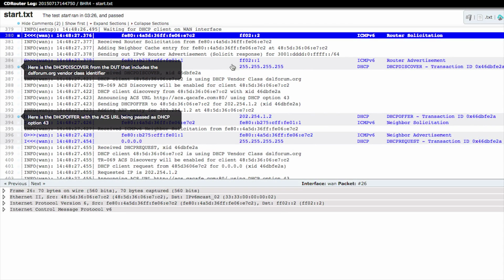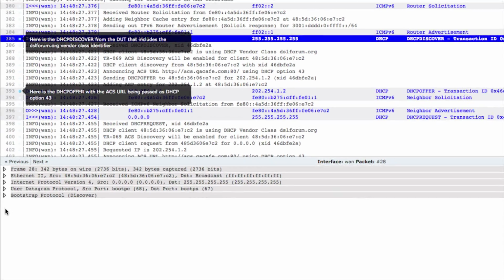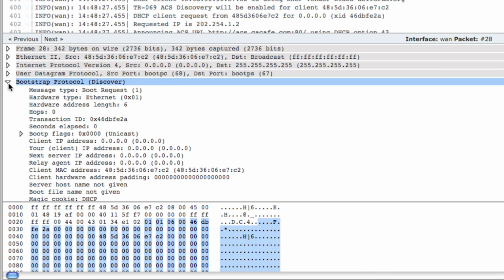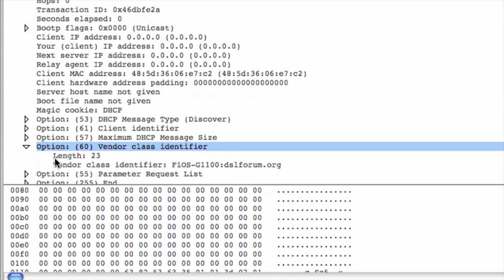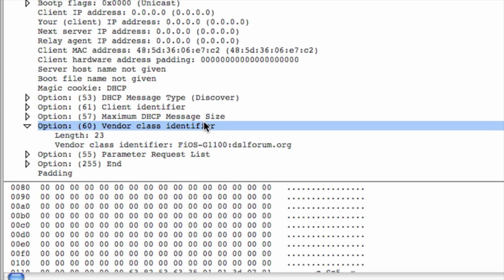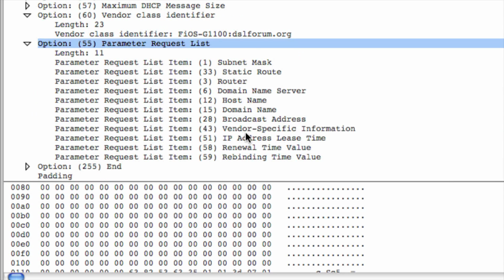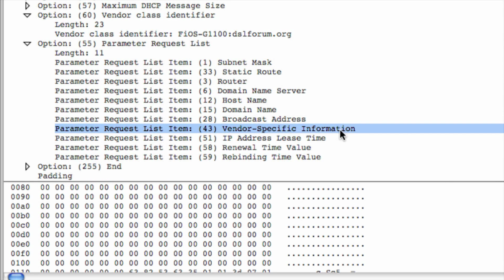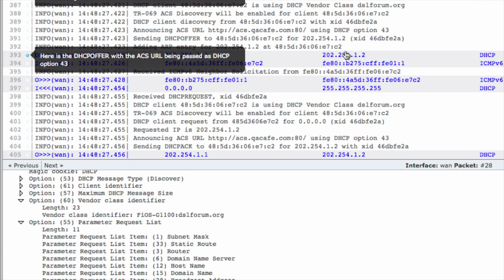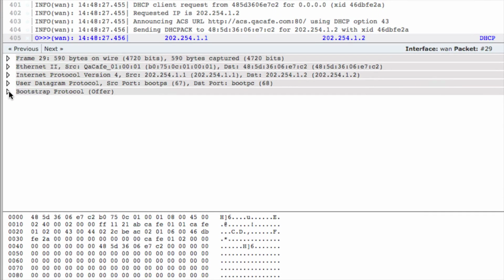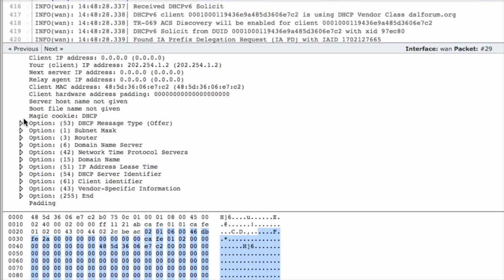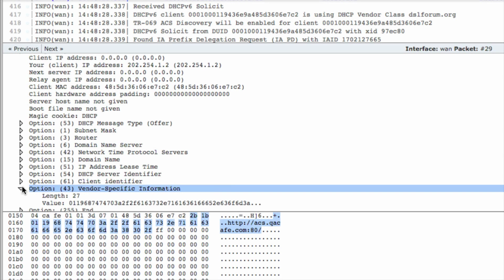Here's a CD router log of the ACS discovery process. First, you can see the CPE send DHCP option 60 in its DHCP discovery with the dslforum.org string. The CPE includes DHCP option 55 with option 43 specified. CD router's DHCP server then responds with a DHCP offer. It includes option 43, which contains the URL